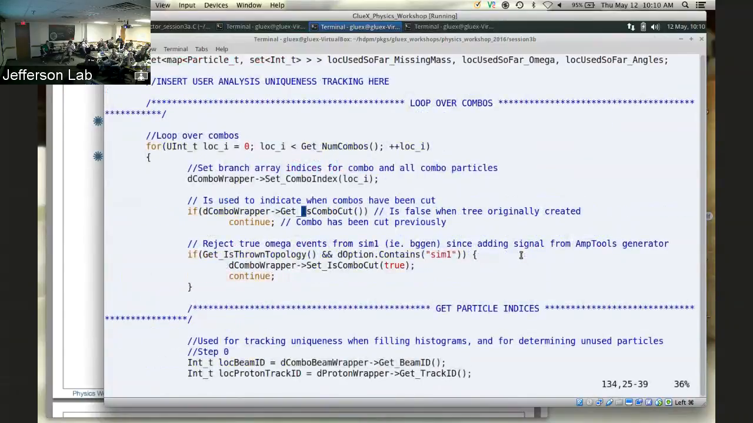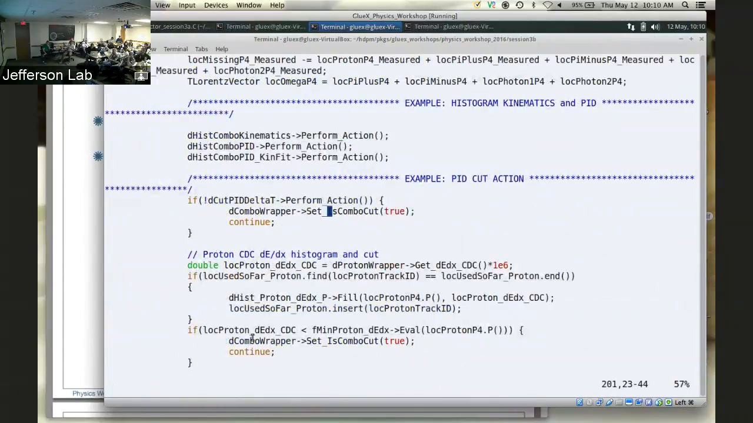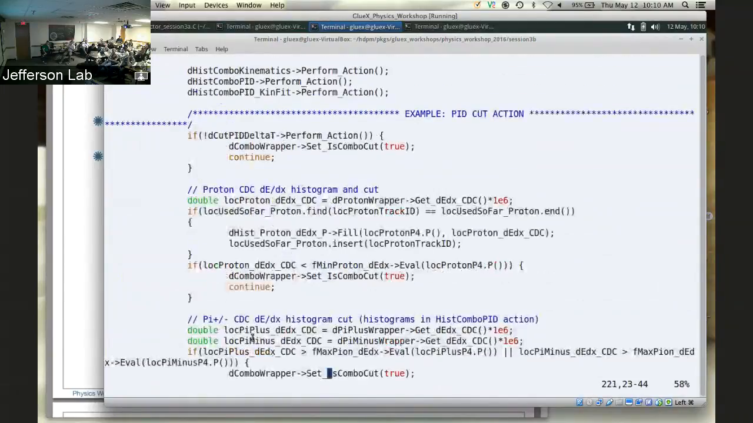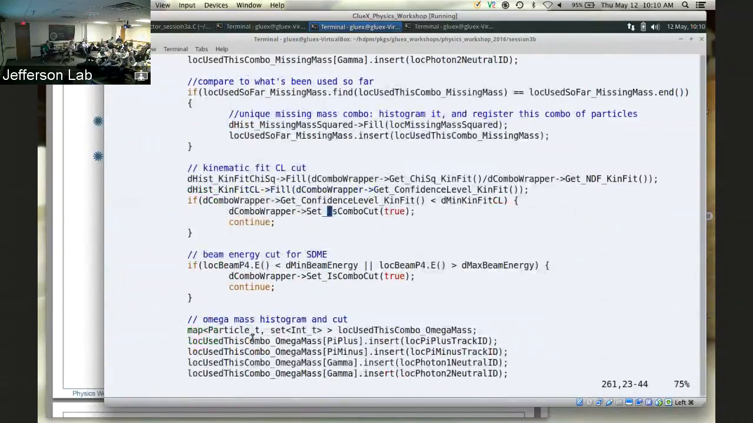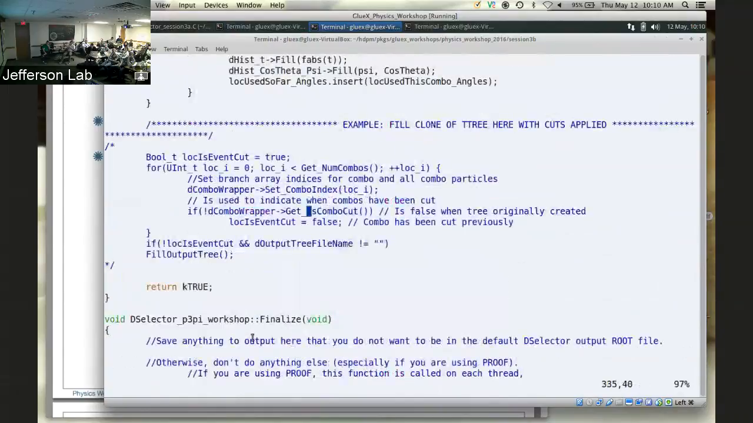You can see that every time I'm making some cut, I continue to skip over the combo, and I'm also setting this value to true for this is combo cut. By doing that, you're setting the flag inside the tree to reject that combo. And then at the end here, we have an example for how to create the copy of this tree,